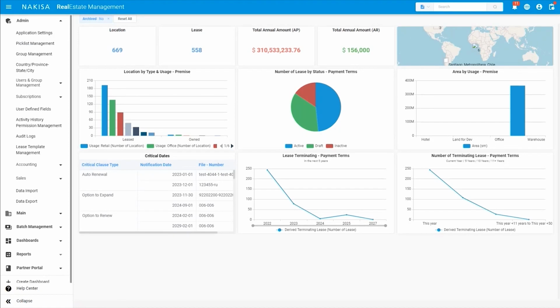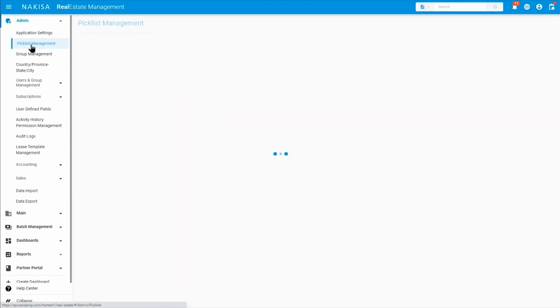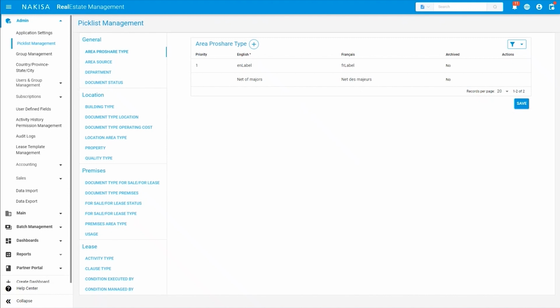The admin panel is organized into different sections. First, let's take a look at the Picklist Management. Under Picklist Management, you will find a group of attributes organized by object and type that you can configure based